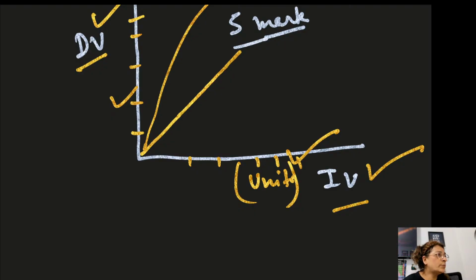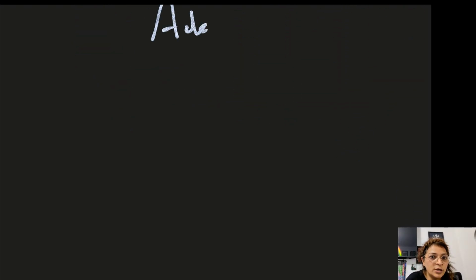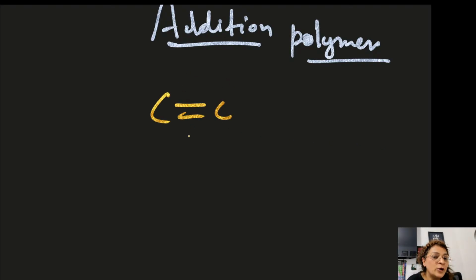Okay, I'm going to talk about one more very important thing, which is addition polymer. They ask a lot on addition polymer. Okay, now help me, yeah? Addition polymer requires what? Alkane or alkene? Type in the chat again. What, Mahak? I don't understand what you said. Alkene, of course. Addition polymer requires alkene. Look for a double bond. Okay, look for a double bond. And if there is